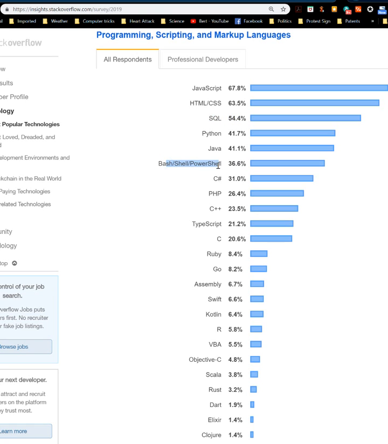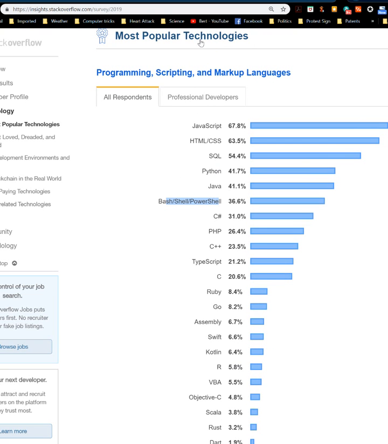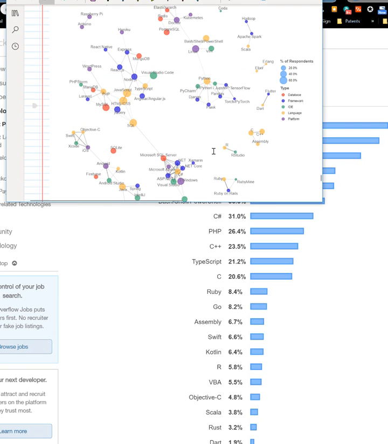I don't know why the hell they list this. Okay, popular technologies, that makes sense. But later in these lists, you're going to see that they actually have this, like on that list you might have seen earlier. They actually list that as like a programming technology. Let me see.